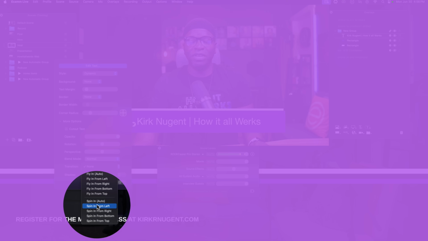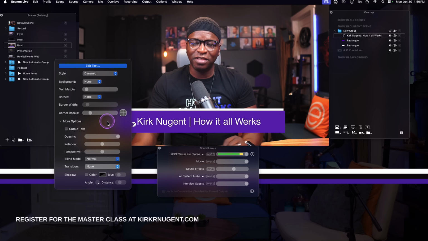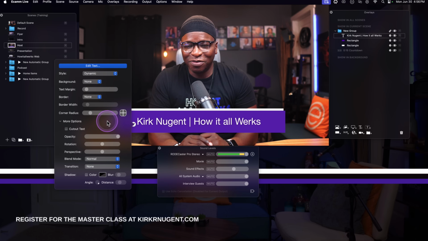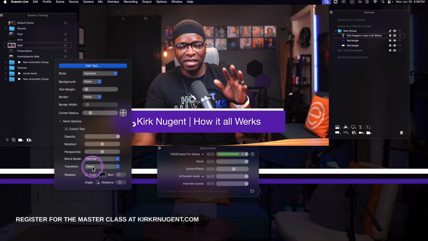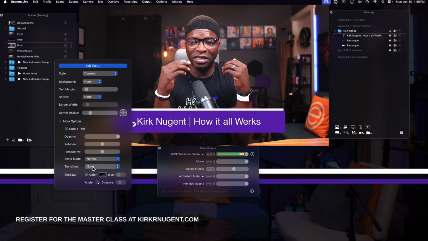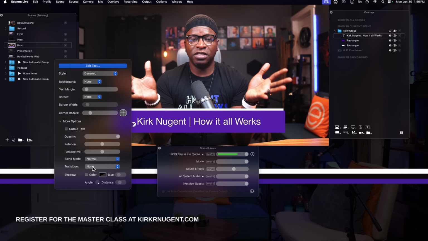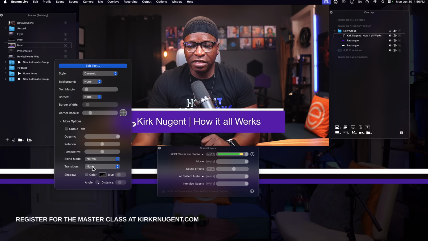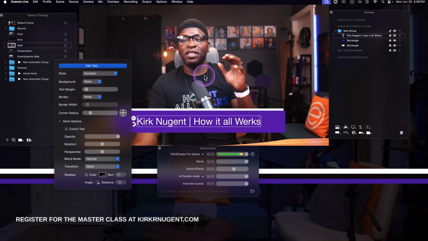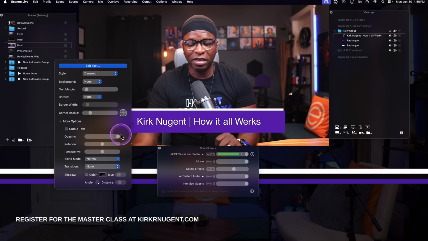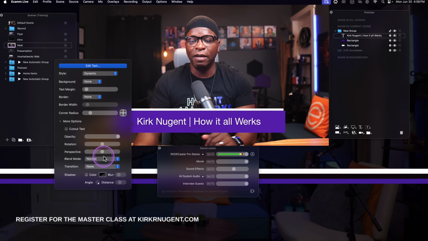You can also have it spin in. And again, I don't get too crazy with this. I mean, don't let it be reminiscent of PowerPoint days from the 90s. You want to make sure that it's subtle, that it makes sense. I'm going to give you examples of a lot of these functions and features in use inside some other scenes that we've already designed, so that this video is not a 2-hour video, because design can really take a long